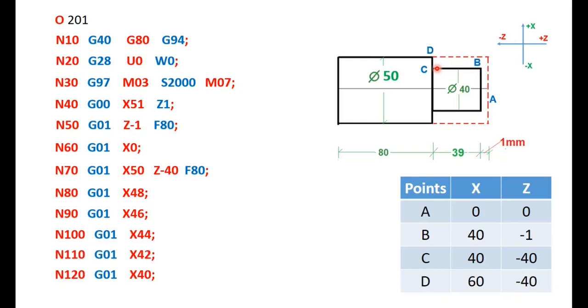Fine. So once I achieve the required shape, I have to take that tool to G28, that is machine 0 0. So maybe somewhere here I can show, okay, this is machine 0 0, it is reached. Then I have to switch off the spindle, switch off the coolant and stop the program. So this is how a simple program for turning is done.